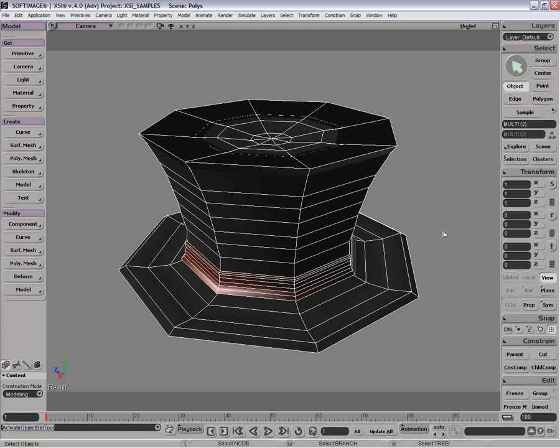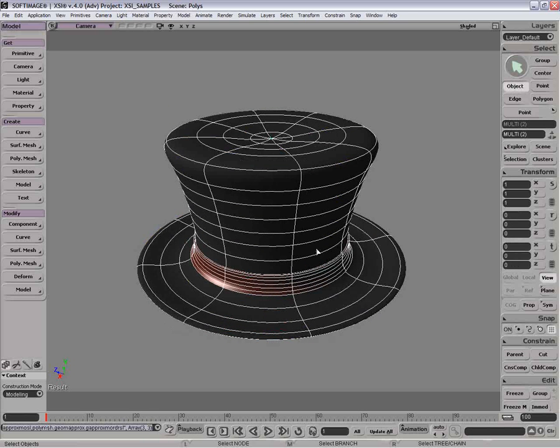Polygonal meshes in Softimage XSI consist of three basic component types for polygon meshes: vertexes, or points; two points then define an edge, which we can select here; and then several edges define a polygon. Now, in terms of actual functionality, it does not matter whether this is a polygon mesh or a subdivision surface. It's exactly the same selection tools, exactly the same